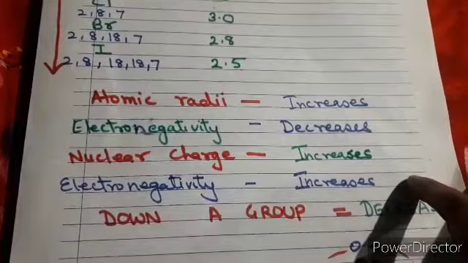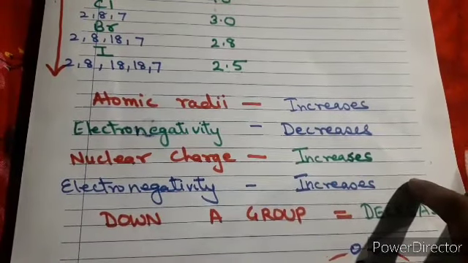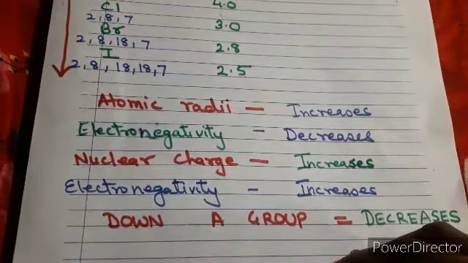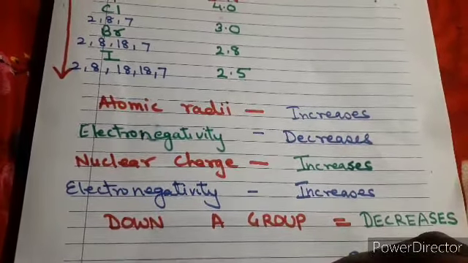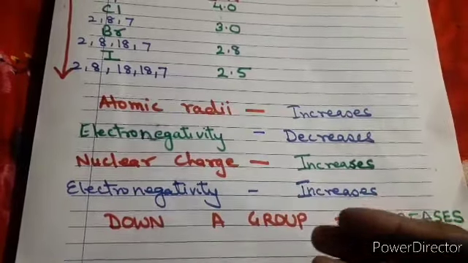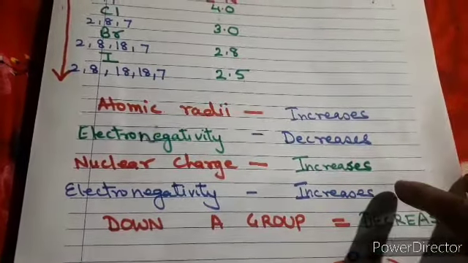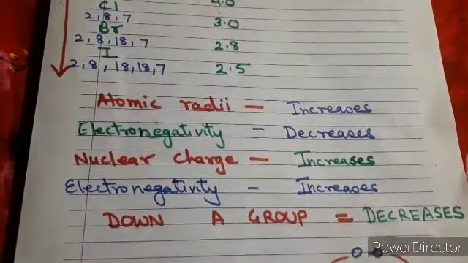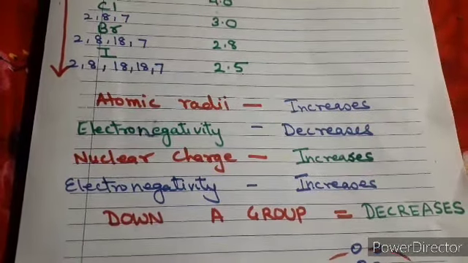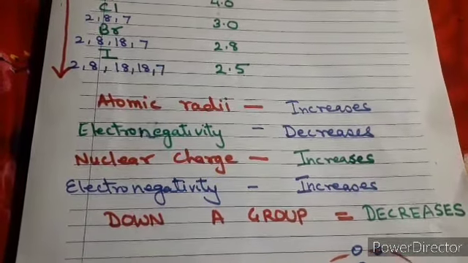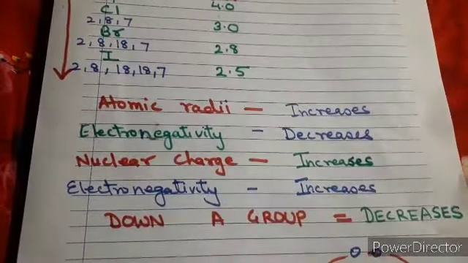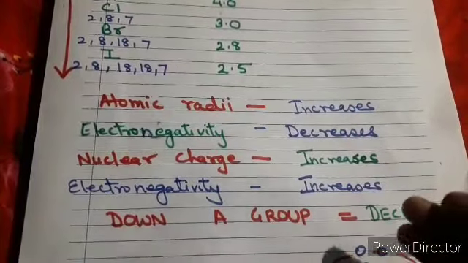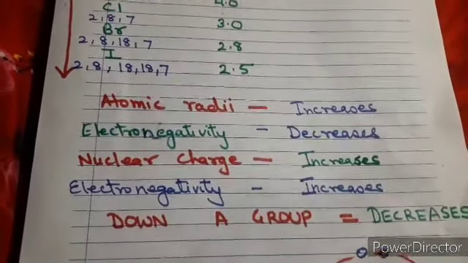Now I think this topic is clear to you, and try to do some questions on it also, so that you can understand how it varies in groups and periods, what the definition of electronegativity is, and why noble gases do not have any value for electronegativity, which is the more electronegative atom, and which is the least electronegative atom. There are certain questions which are there, and I am giving you these notes. Please copy them in your copies or registers.